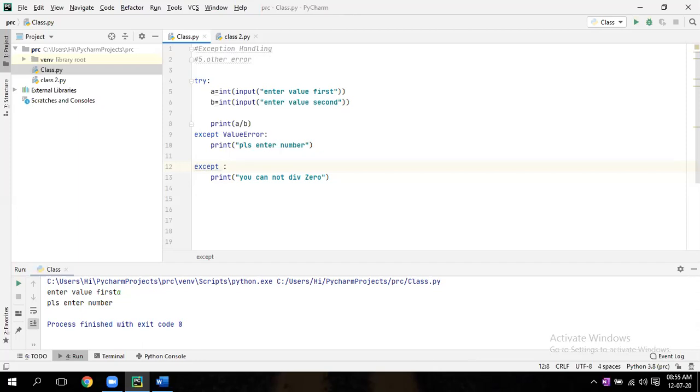In the print, you write other errors or something else. That means we are not mentioning any particular error here. Whatever error it may be, it will come to this except block. But if you are mentioning something, if that error comes, then only it will come to that block.